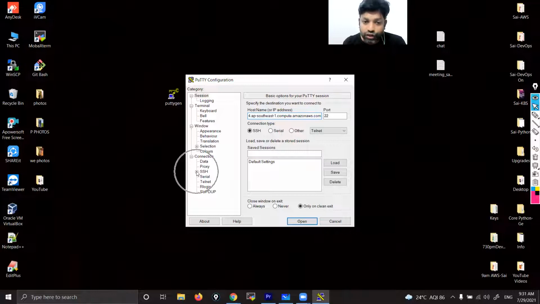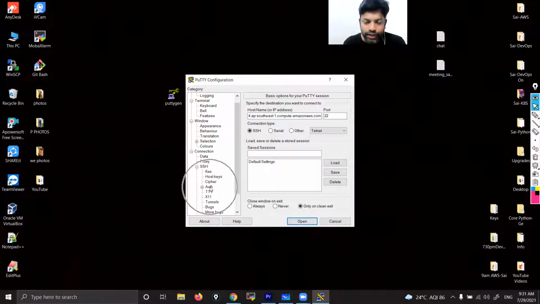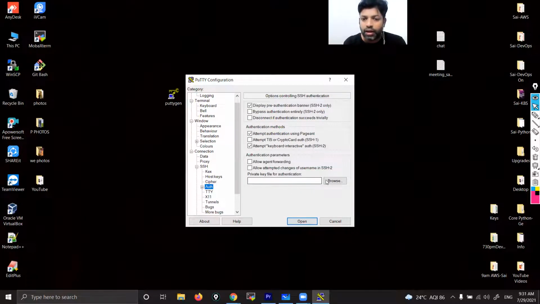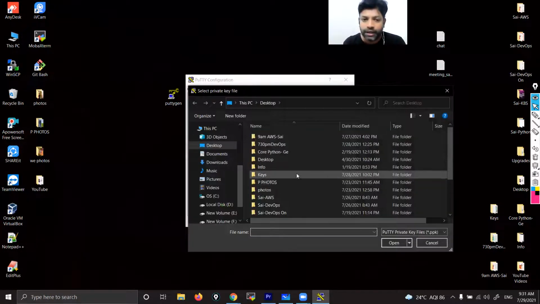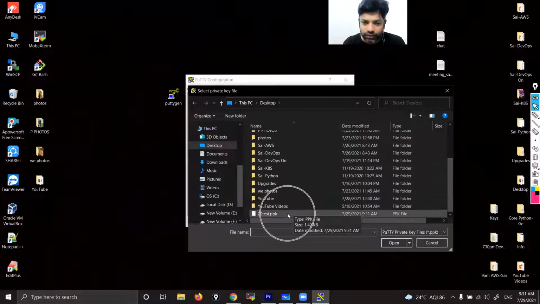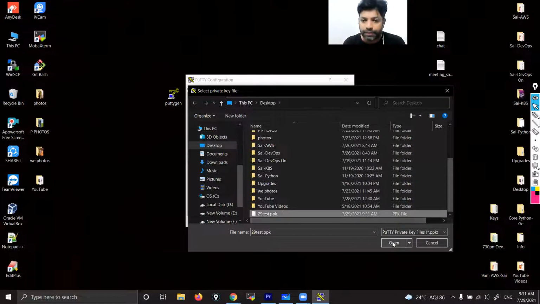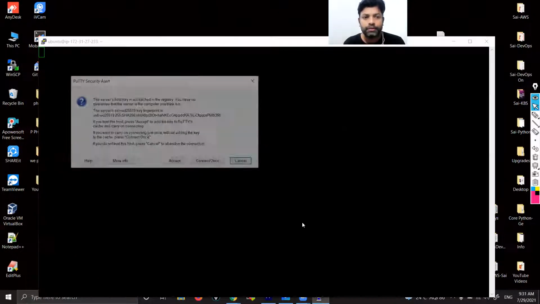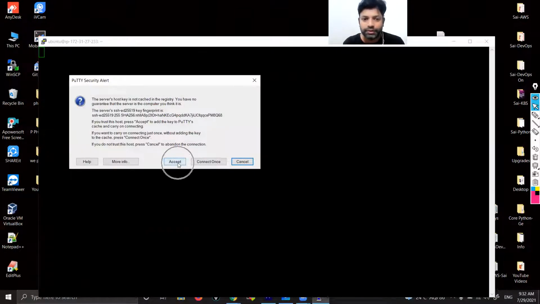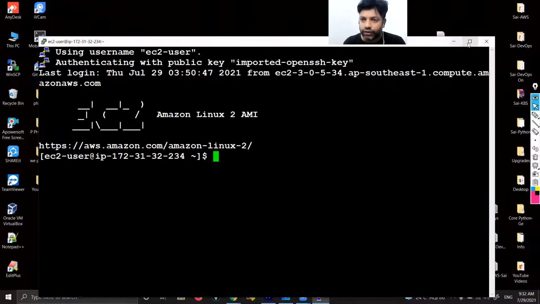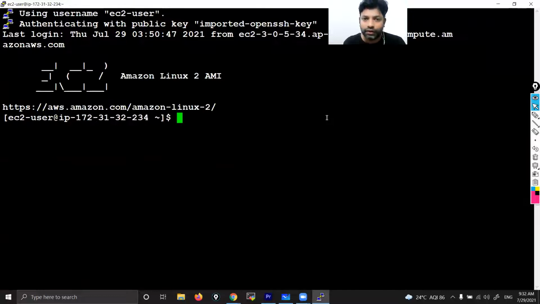So click on the plus symbol next to SSH, click on Auth, authentication, and browse. Browse for that PPK file which is on my desktop. You can see 29 test.ppk. Open, and open, and click accept. So this is how we access a Linux instance through PuTTY and PuTTYgen. We already saw this yesterday.